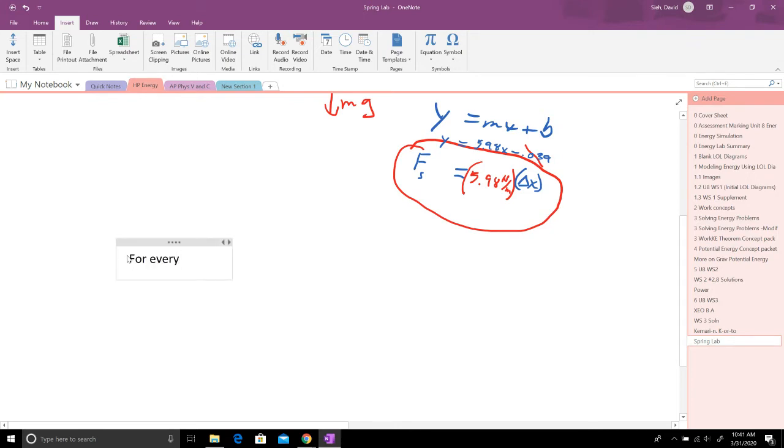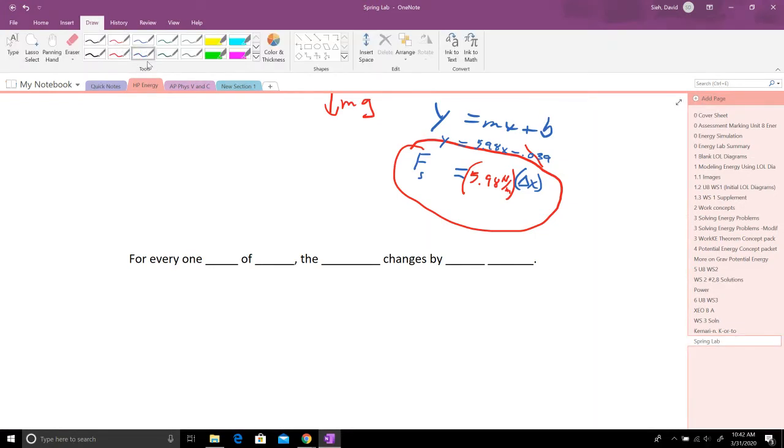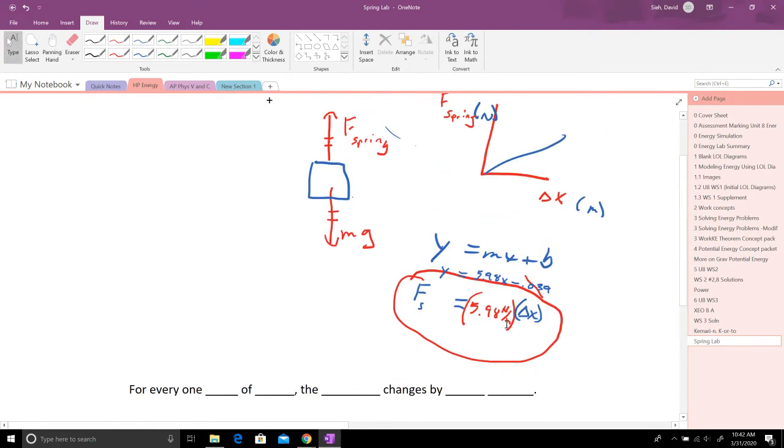For every one blank of blank, the blank changes by blank. That's what we write for every statement. In this case, looking at our graph, what we're saying here is for every 1 meter of stretch, that was our variable on the horizontal axis,